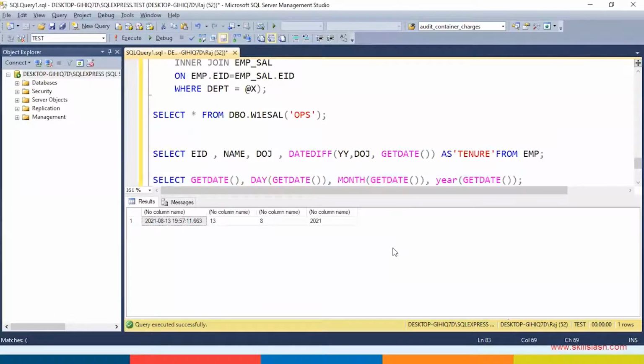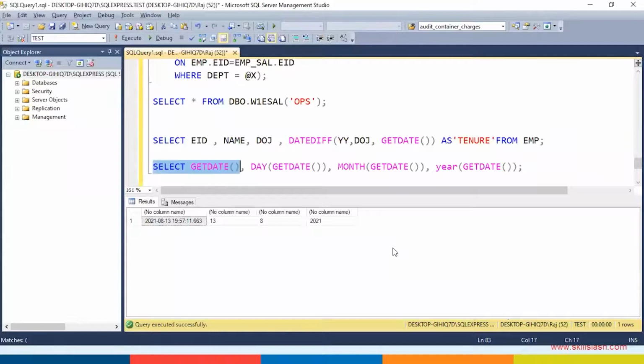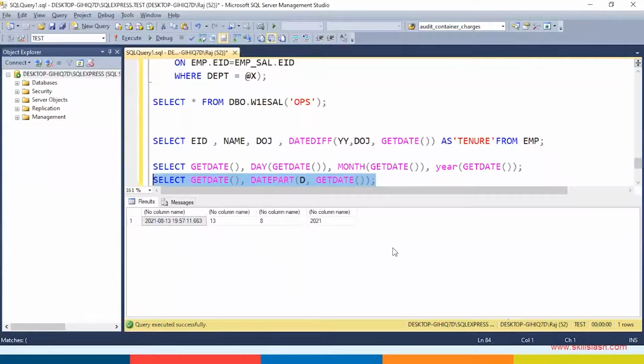Similar to this, we also have a function called DATEPART. DATEPART, comma, GETDATE.